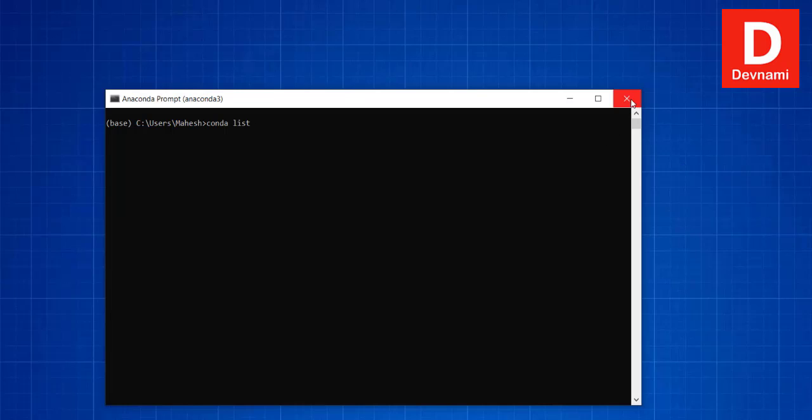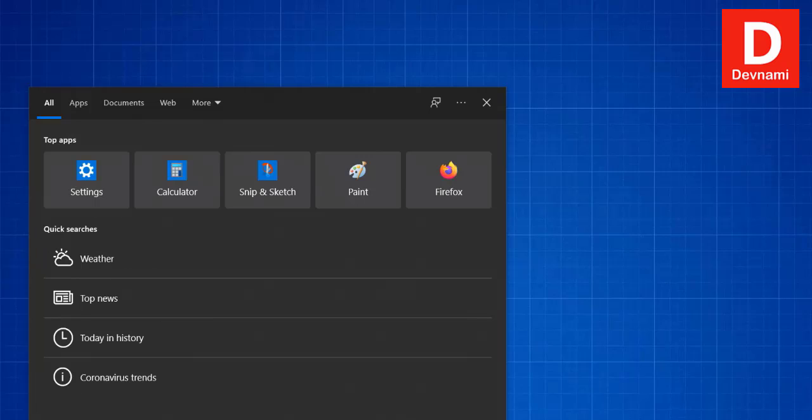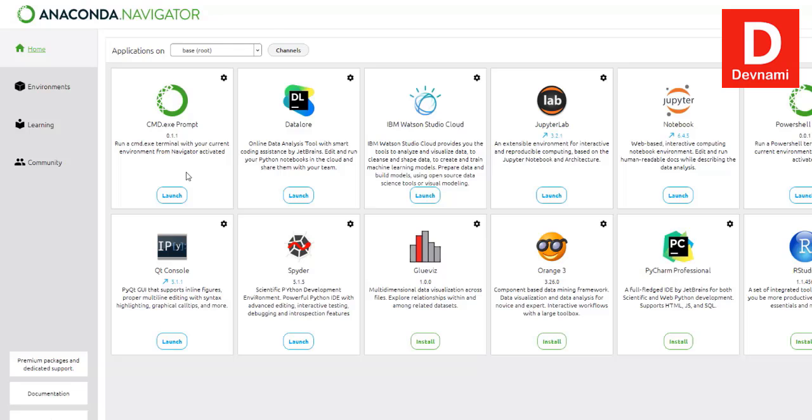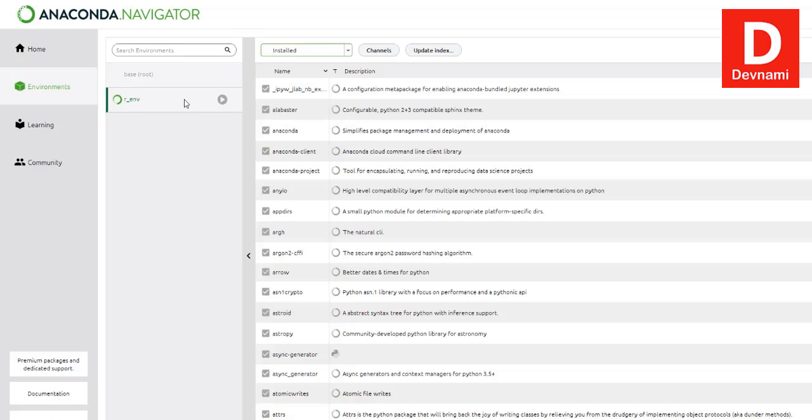Now to verify our environment, we have to go to Anaconda Navigator. So Anaconda, and then we have to check for Anaconda Navigator. Once Anaconda Navigator is open, we can go to environments by clicking on that particular tab, and here you see we have our base package, which is Python, and second being r_env. So let's wait for both of them to load. So here you see,